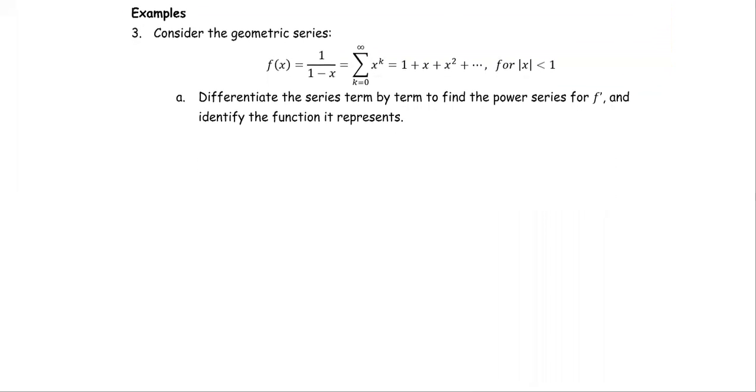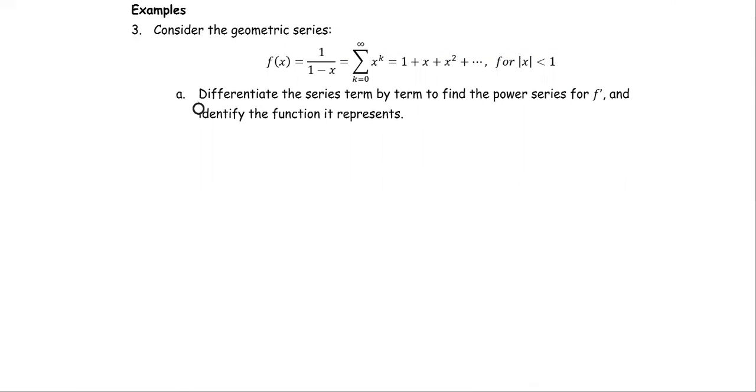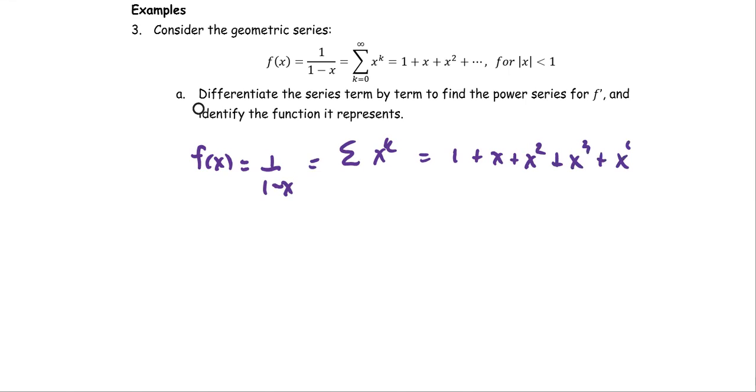Part A, we are going to differentiate the series term by term to find the power series for f prime and identify the function it represents. As f of x, which is 1 over 1 minus x, in the expanded form is the summation of x to the power k, 1 plus x plus x squared plus x to the third plus x to the fourth, and so forth, with k from 0 to infinity, we find the derivative